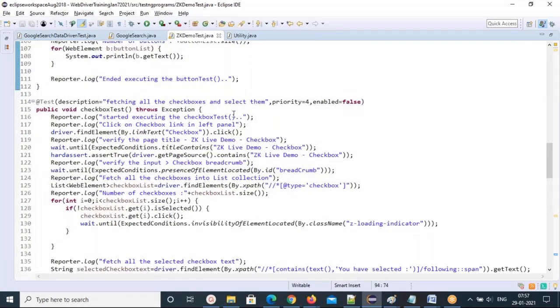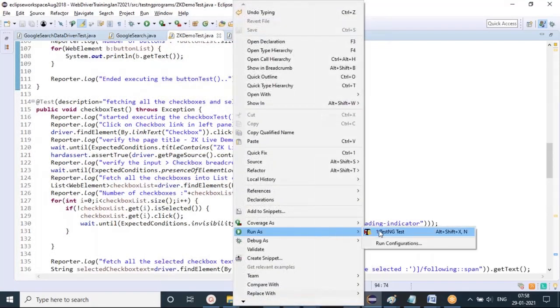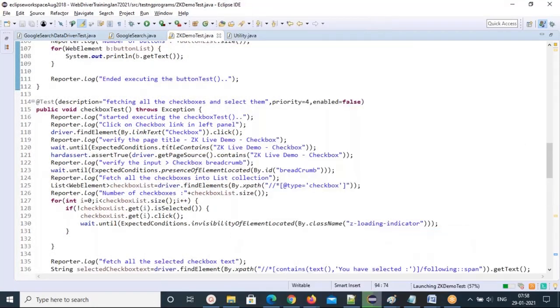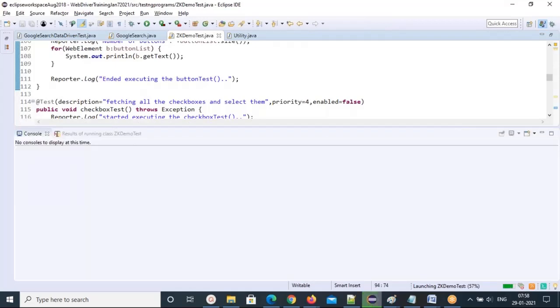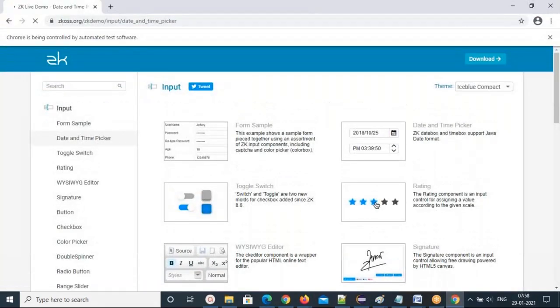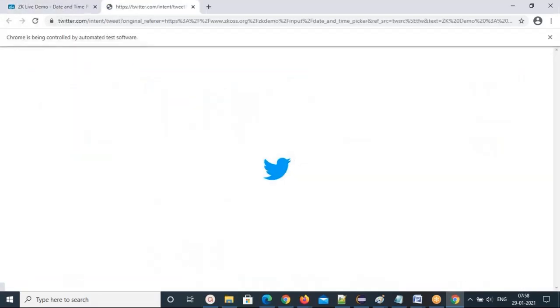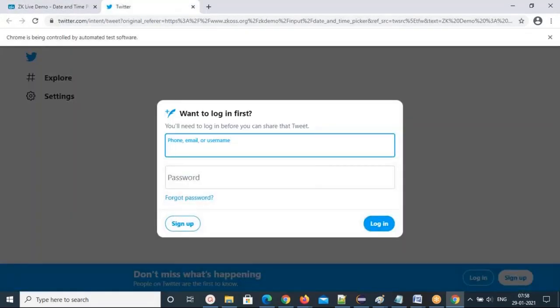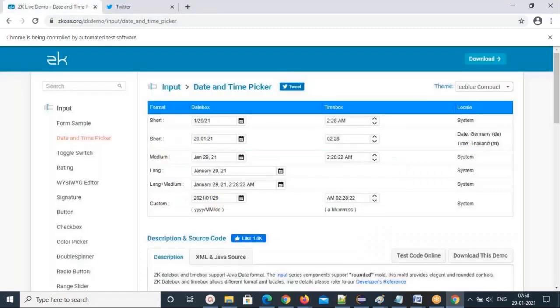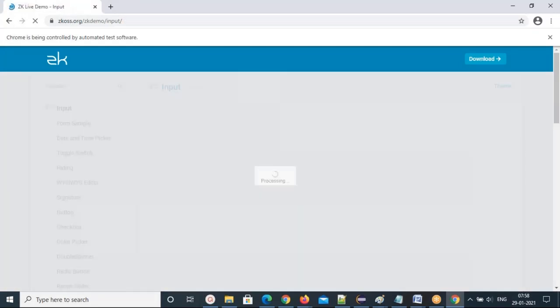So just run this. All the keywords we have used till now: I have used enabled equal to false for skipping test cases. Timeout, where you tell that a particular test case should run within that time, and if not, the test case will result in failure. Priority we have used.